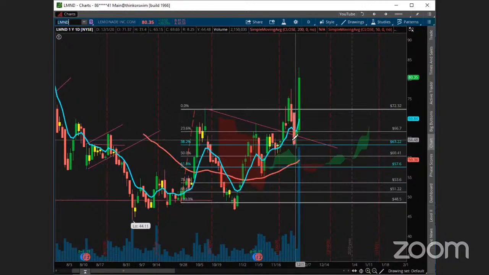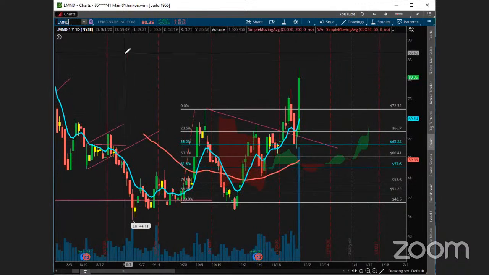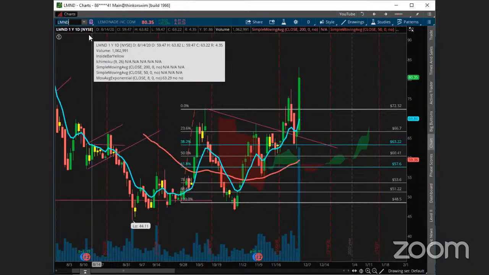So just a huge move we were just talking about there. It broke out of the upper trend right here. It gave a pullback off these levels, like an 886 retrace, and then just launched today. So let's see if that can get some more follow through to the upside on that one. Big move on that. Looks like it's up after hours too on Lemonade. So pretty cool stuff there.